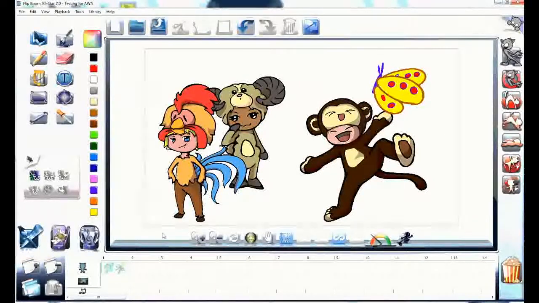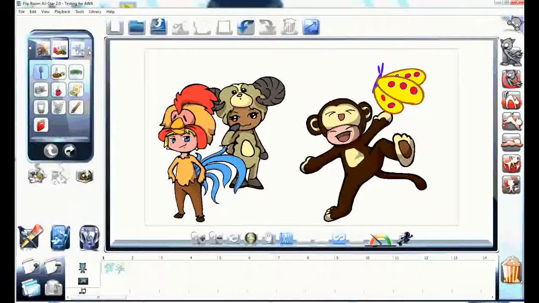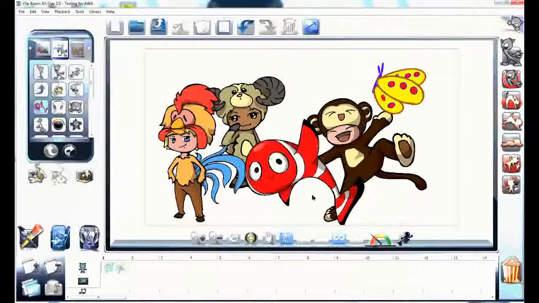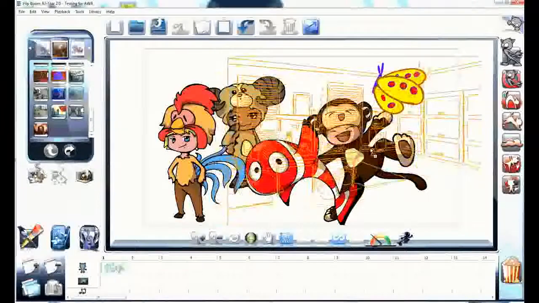So what else? Then you also have backgrounds. I'll go back in here and click and show you some backgrounds. You have all the other tools. You have fish, you have backgrounds in here, both color and not in color. And then you could select a background and drag it in,